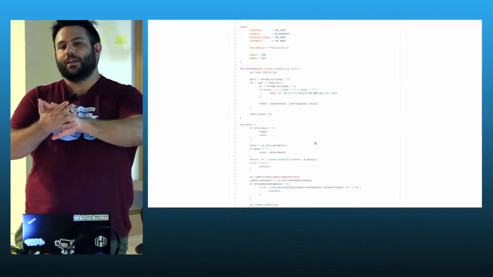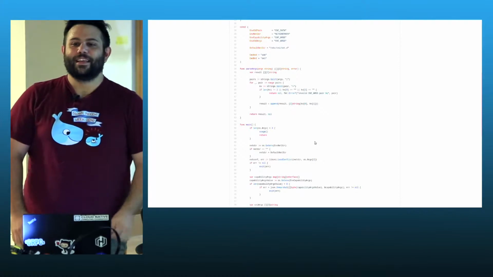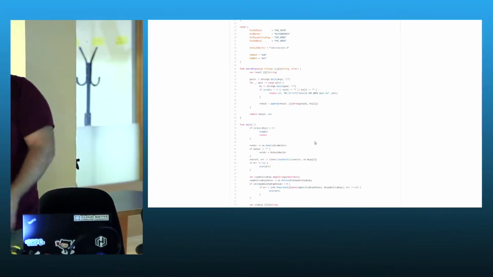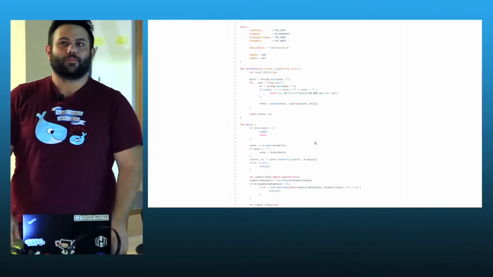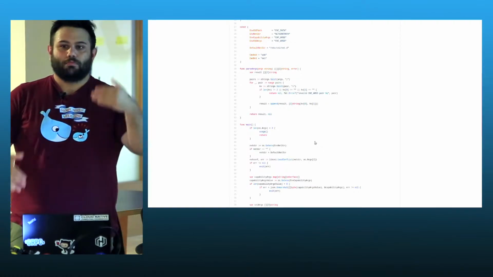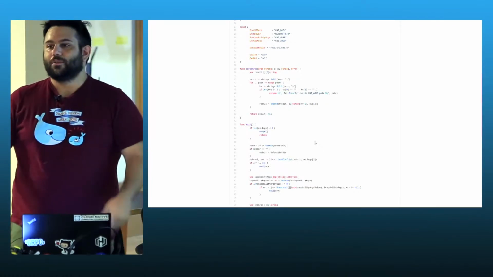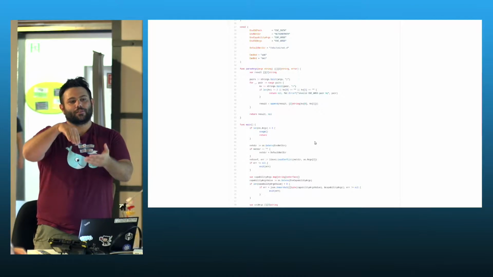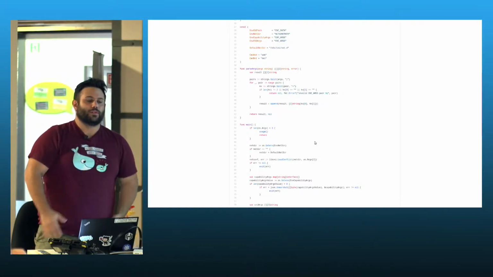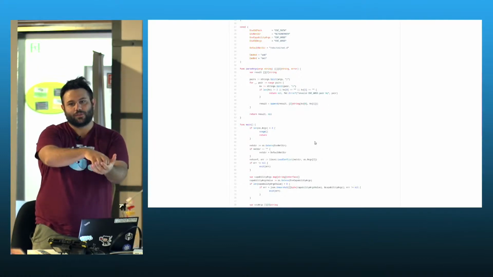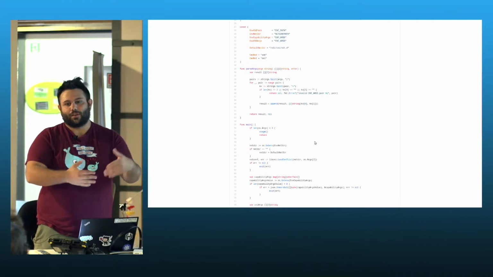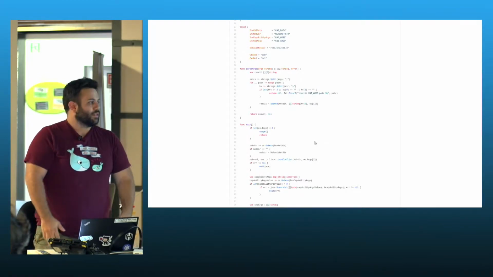CNI is just a CLI program that calls a binary you provided to it. The container runtime, for example Kubernetes, which uses Docker, calls CNI to put the networks inside Docker containers or inside CRI-O containers or other containers in other implementations.